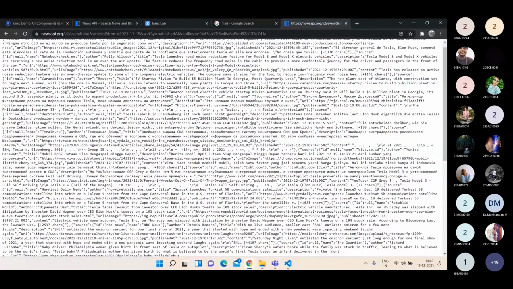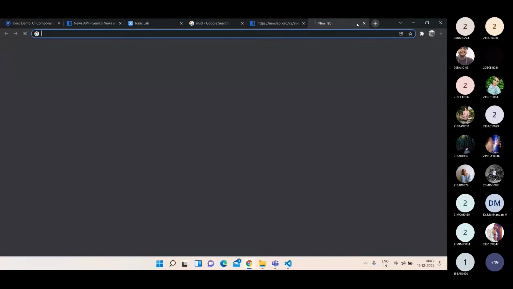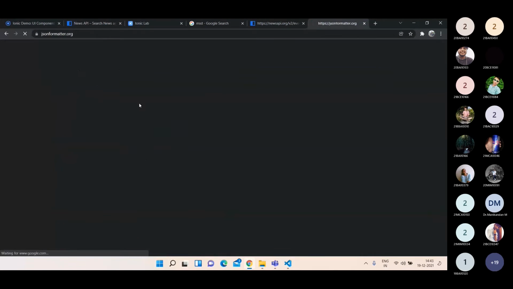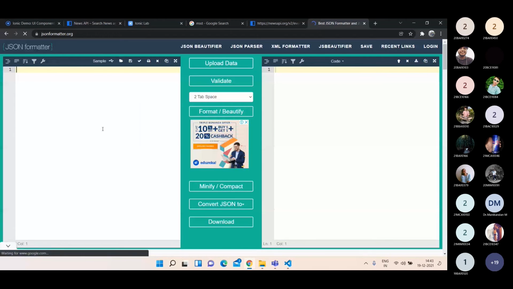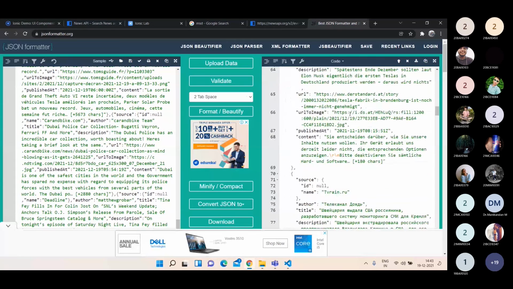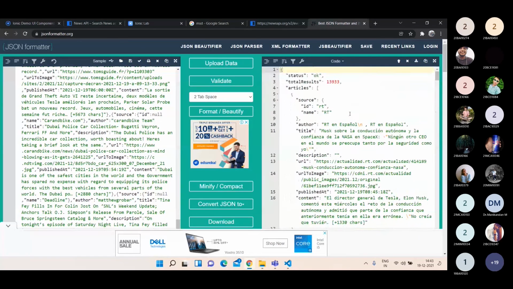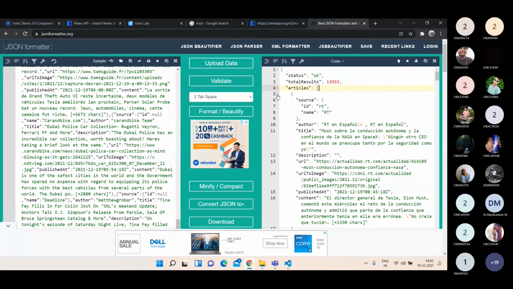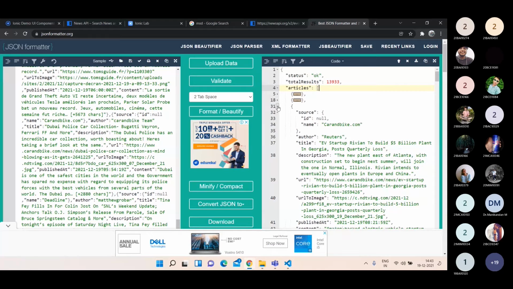OK, so what I'm going to do, I'm just going to copy the entire text. There is something called as JSON formatter. OK, so I'm pasting this data here. And now you can able to see some understandable context, right? You are having articles. So inside the articles only, you are having about 20 articles.